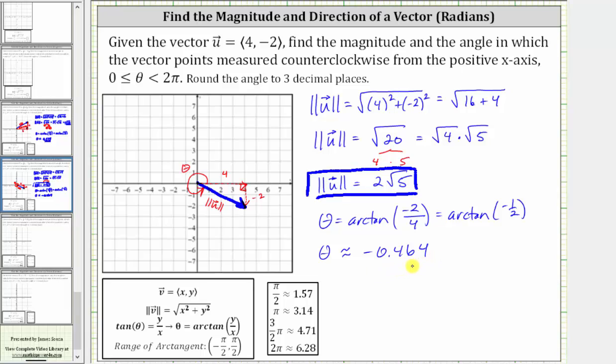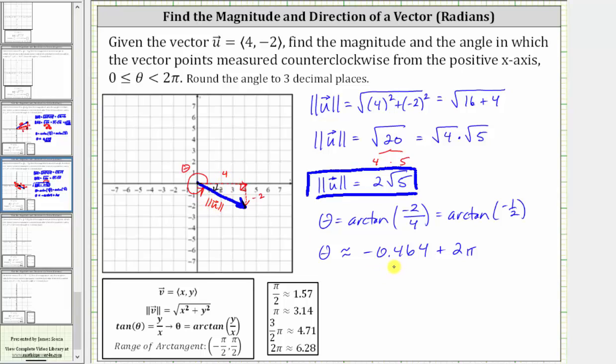But again, this is not the angle we want because it's not in the interval from 0 to 2 pi radians. We just found this angle here rotated clockwise 0.464 radians. So the angle that we want is coterminal with this angle, but it has to be between 0 and 2 pi radians. So we're going to take the angle of -0.464 radians and add 2 pi radians, or 1 full rotation counterclockwise, to get the angle that we want,